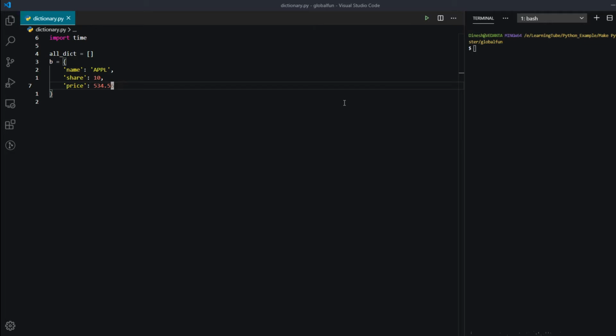Just to test how we should initialize a dictionary when we want a list of dictionaries, I will use this dictionary and append it using a for loop.